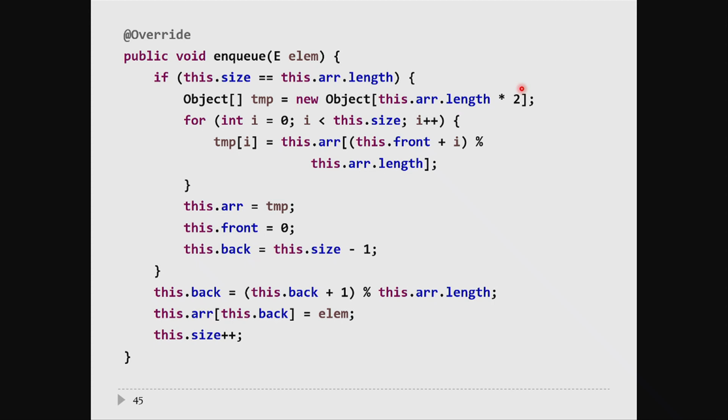Most implementations use a number smaller than 2, something like 1.5. It has to be bigger than 1, and normally it's not bigger than 2. But basically the idea is you want to increase the size of the array by some factor larger than 1. And now the loop copies the elements from the old array into the new array, making sure that